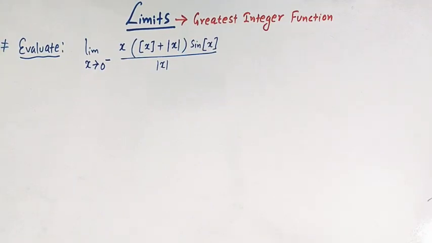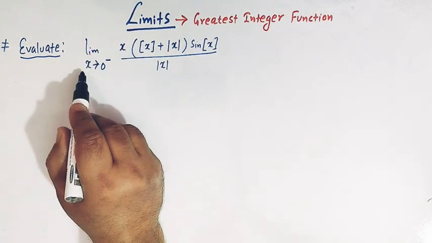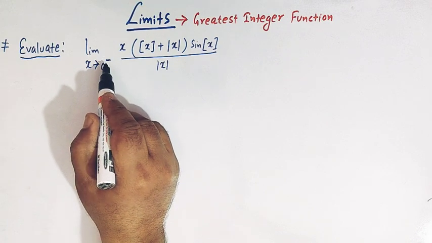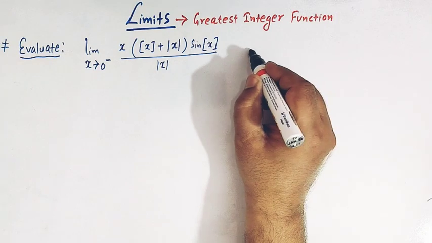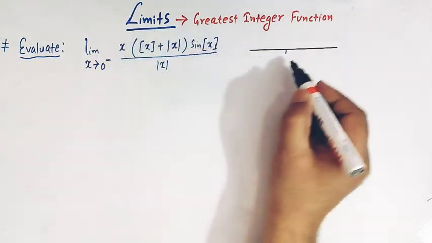Hello viewers, in today's class we are going to discuss a very important and conceptual problem from limits involving the greatest integer function and the absolute value function, right? So here we have an important problem and we have to evaluate this limit, that is limit x tends to 0 minus. So here the negative sign shows that we have to find the left hand limit of this function